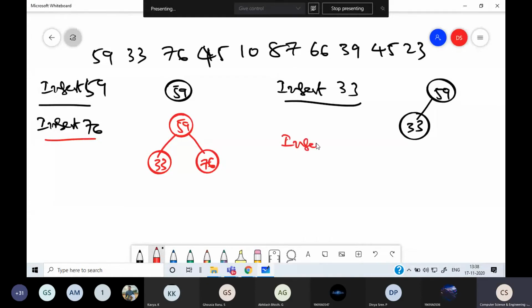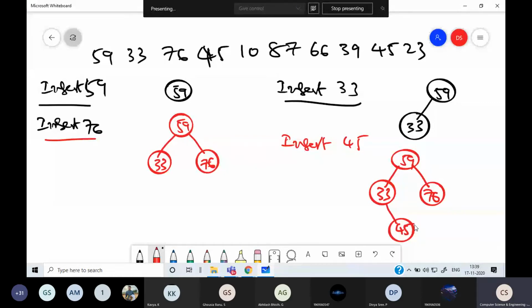Next, insert 45. The tree is already 59, 33, 76. 45 is less than 59, go towards left. 45 is greater than 33, go towards right. Empty slot, so insert 45 here.